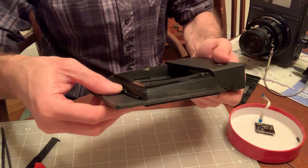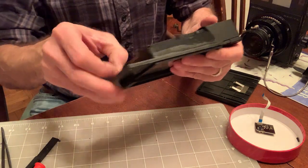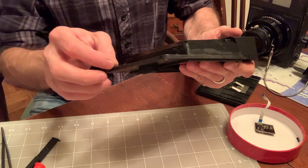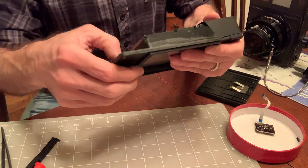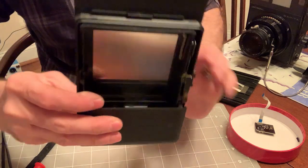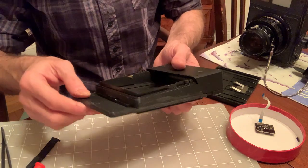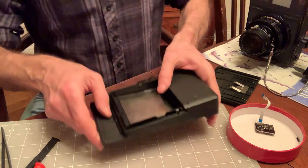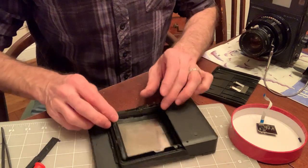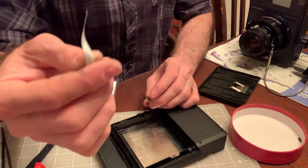Alright, you can leave the dark slide in. There's no harm in doing so right now. And make sure it goes all the way in both directions. We don't want to see any silver. Alright, so now that we've done this, we need to wiggle out this little